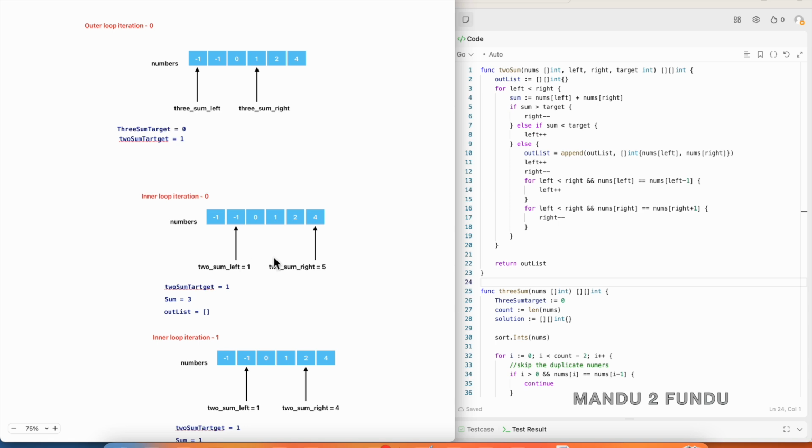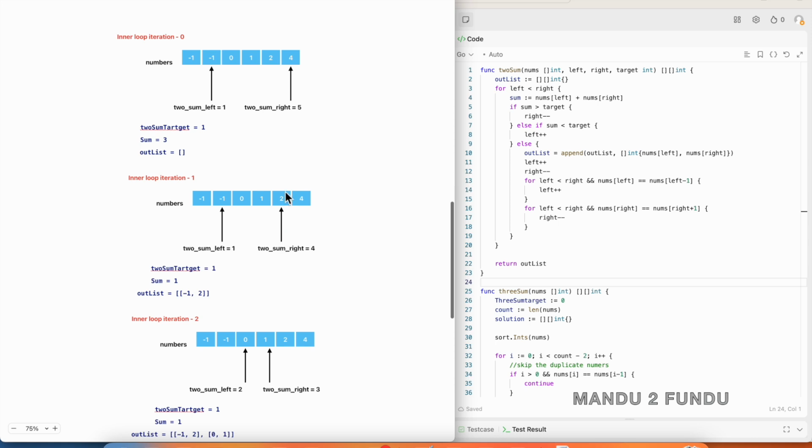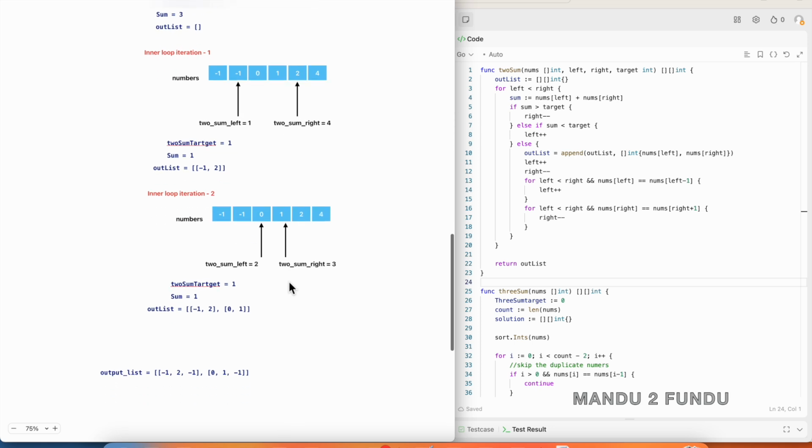So we decrement the right pointer, which points to number 2. Now we add these two numbers in this iteration, which adds to sum 1, which is equal to the twosome target. So what we do, we add an element, which is in turn a list containing -1 and 2, and put it in this. And in the next iteration,